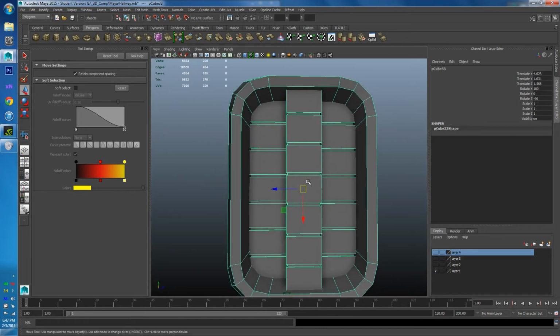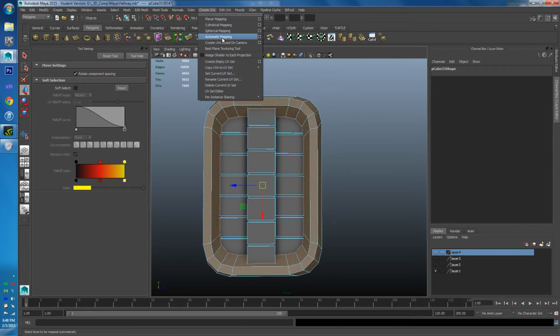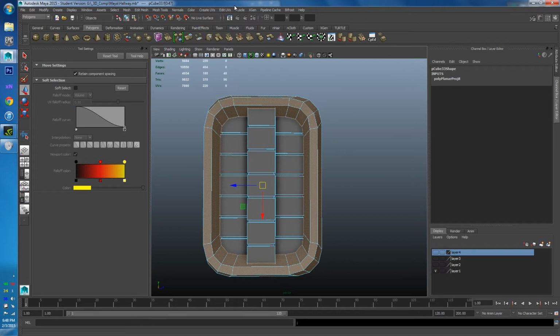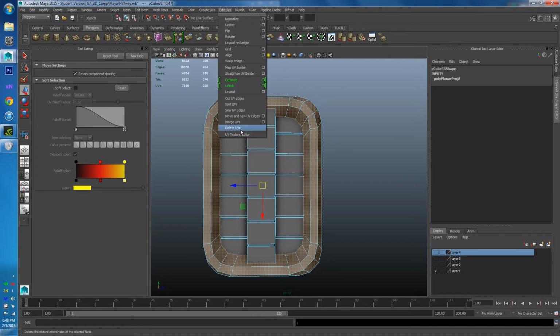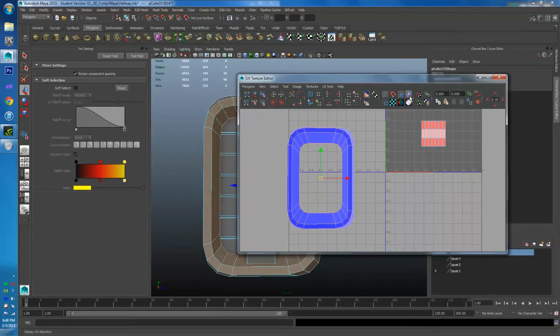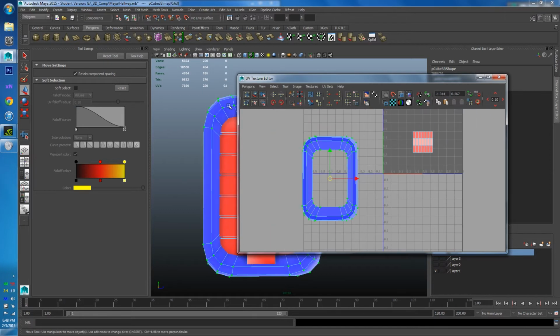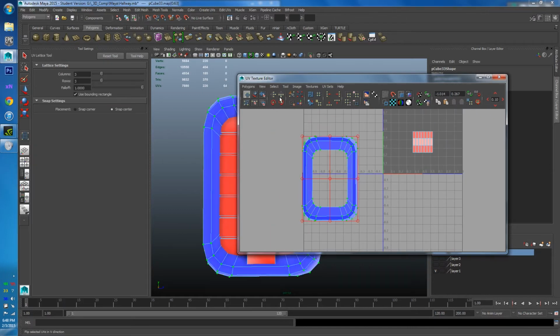So in this case, we're going to be running into the same problem as the last one we were doing. So I'm going to grab these faces, and this is a separate object, so I can double click and it'll grab all the faces on it. Create UVs, create based on camera. So let's take a look at this one. If we look at the tension now, it doesn't seem too big, but if I grab all these UVs and I unfold these,